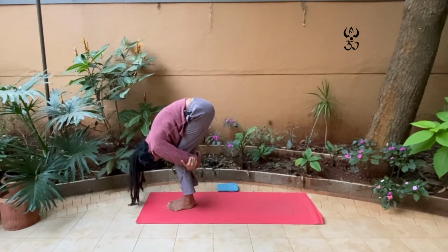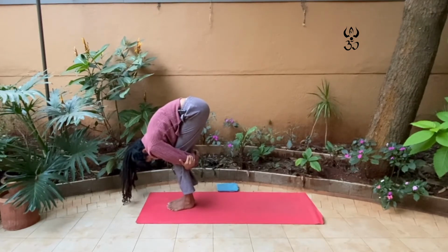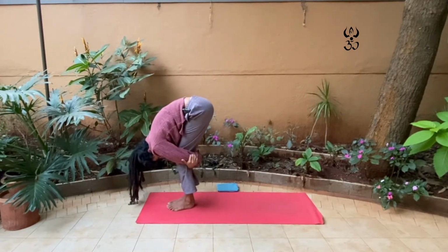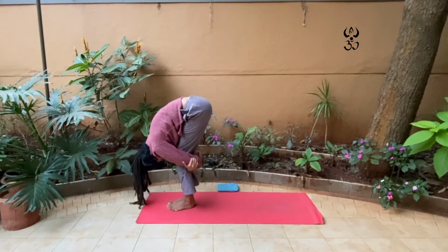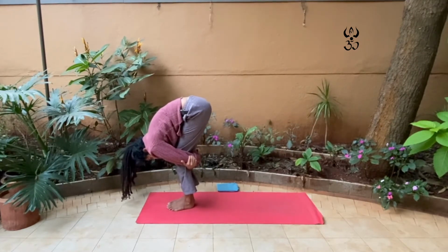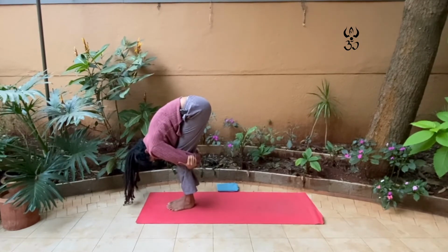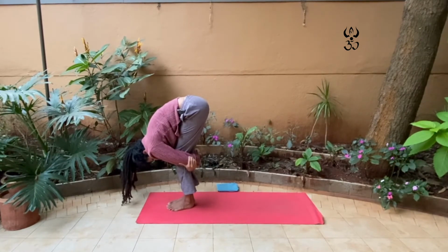And only then, once you create that connection between your forehead or your chin to the knees, only then will you start to straighten, trying to straighten your legs. No need to push, take it easy, going with the breath. For another 4, 3, 2,